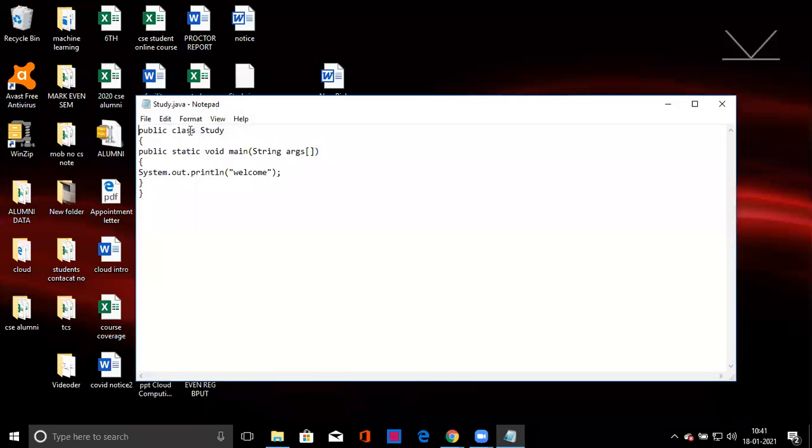Here, public class study. So public is the access specifier. Okay, in the notepad you have to write the program, that is public is the access specifier, then this is the class, then class name is study. Okay, so then open bracket. So within the open bracket you have to write the main function, that is public static void main. Here public is the access specifier, static is the modifier, void is the return data type, then main is the